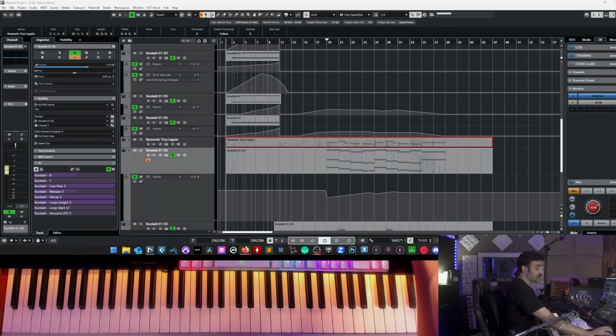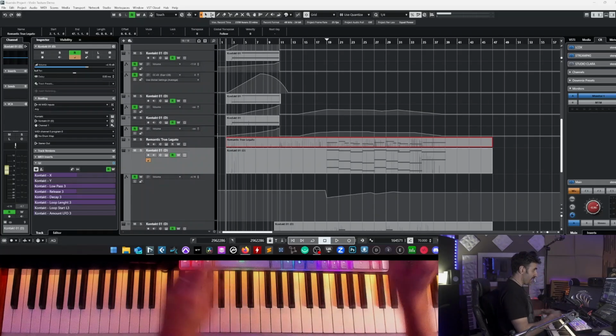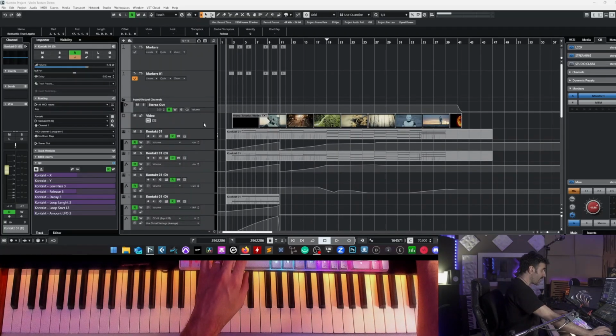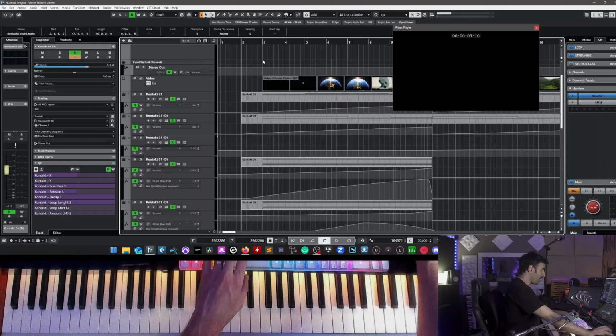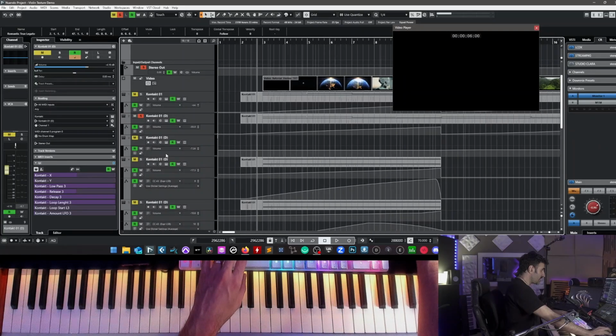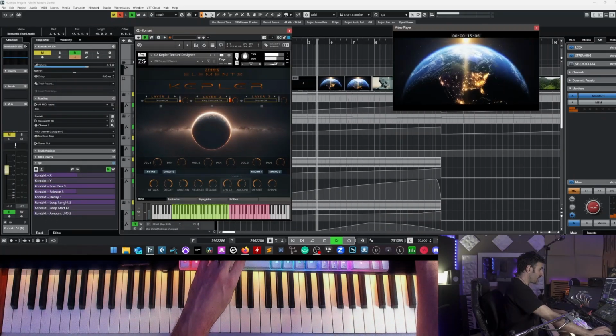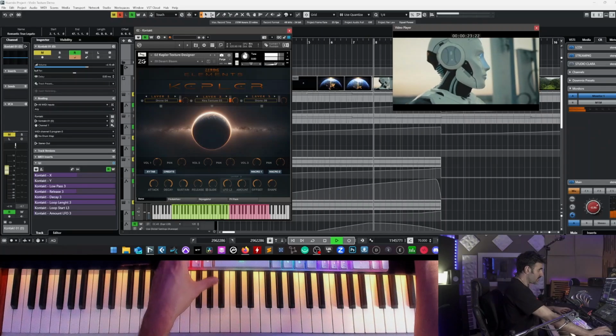Okay, so first of all, I've created this video also like a reflection on respecting our planet. Hope you find it inspiring. And let's see which instruments I'm using. On the first part, I'm using this texture here, which is a texture from Texture Designer with this rising